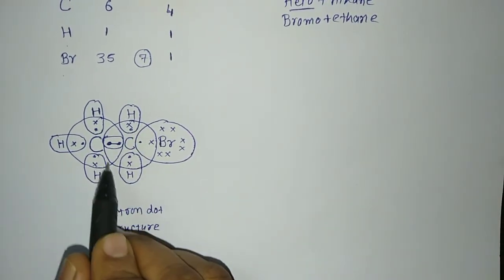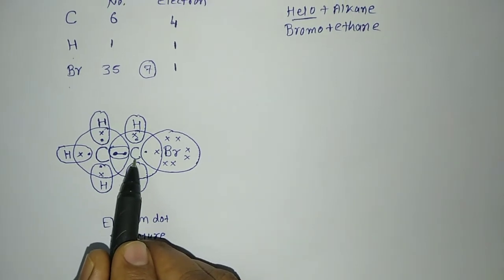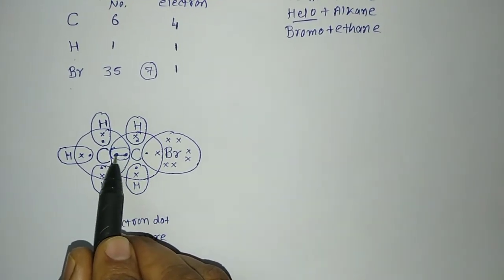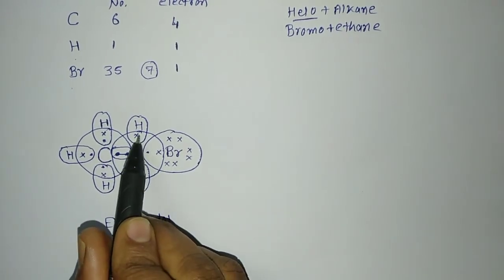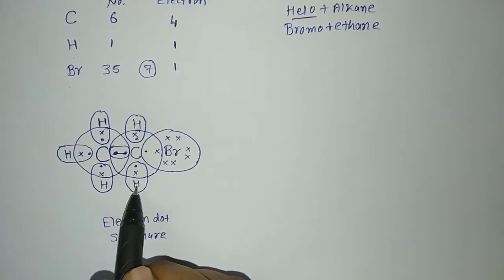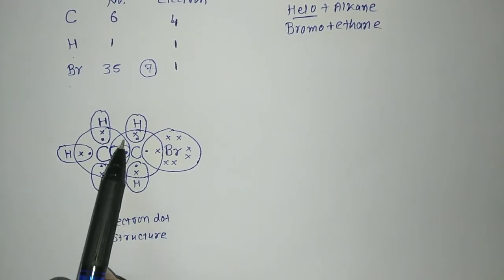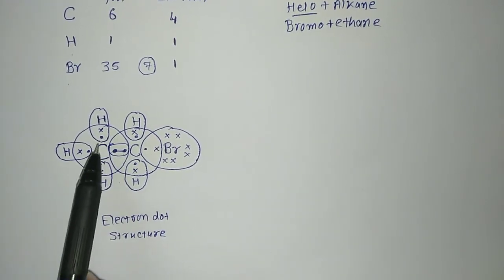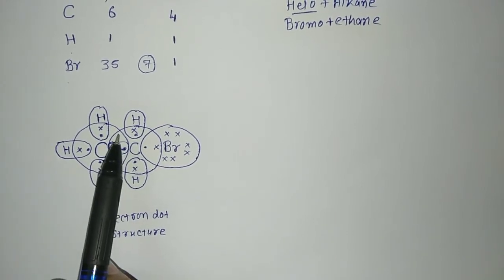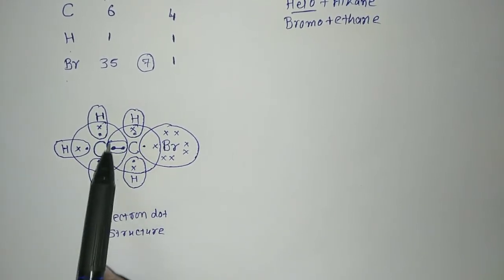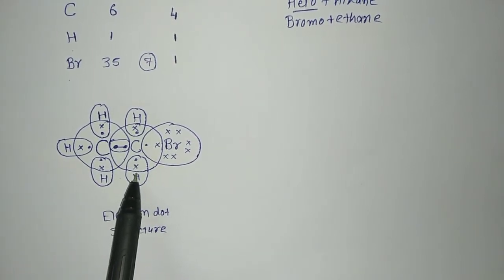For this circle, there are 8 electrons. So here you can see this carbon has made 1 bond with the other carbon, 1 bond with the bromine, 1 bond with the hydrogen, and 1 more bond with the hydrogen. Now again I will show you. For this carbon, it has to complete 8, 1, 2, 3, 4, 5, 6, 7, 8. In this circle you can see 8 electrons are there. For this carbon, this is a circle, 1, 2, 3, 4, 5, 6, 7, 8, it's completed.